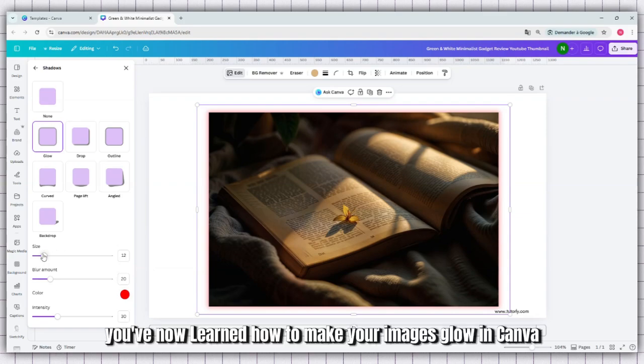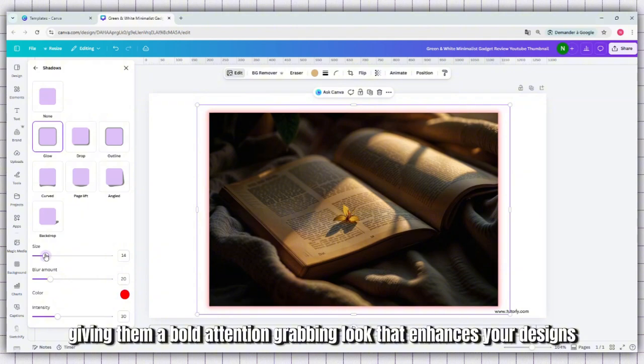That's it! You've now learned how to make your images glow in Canva, giving them a bold, attention-grabbing look that